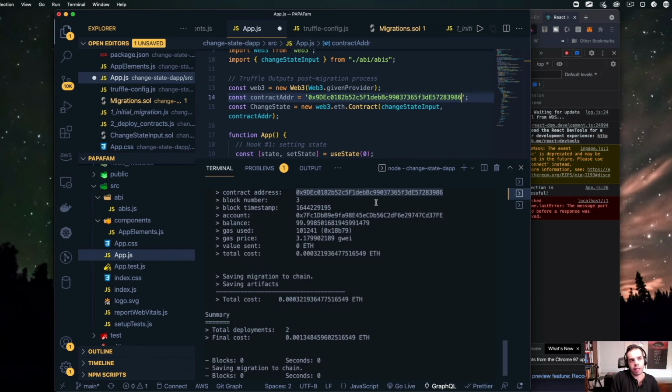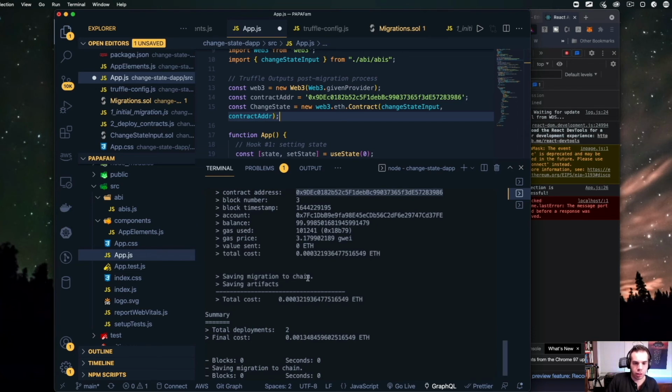It's not really a key in a sense because keys you keep more private, but in a sense, it's just a public verification of the contract that we want to track. So we're just going to put that in there, and then we pass that in with the contract address, with this change state input. And we're going to get that from the ABIs. We're going to get that in a second because that's the output from our JSON file.